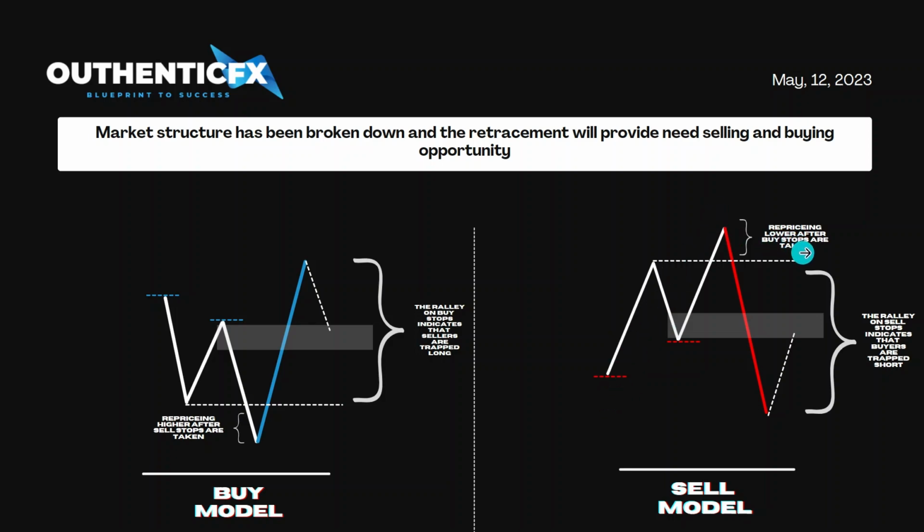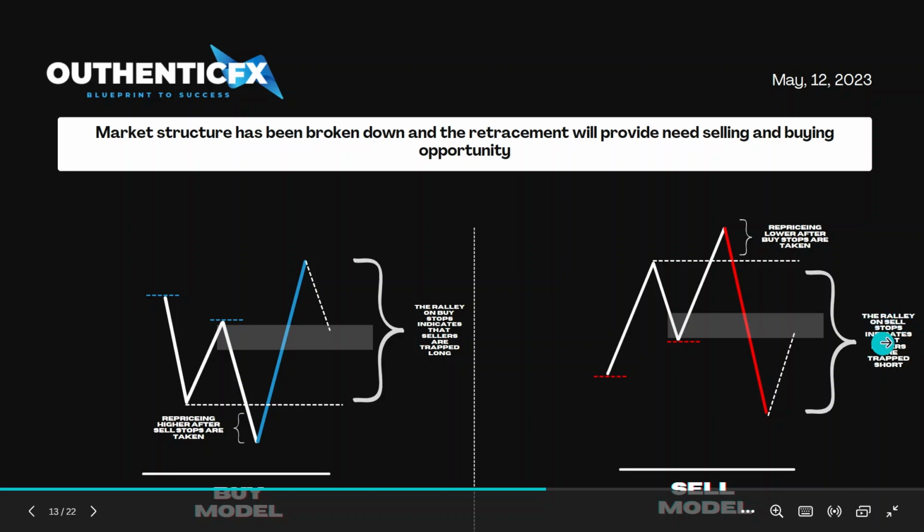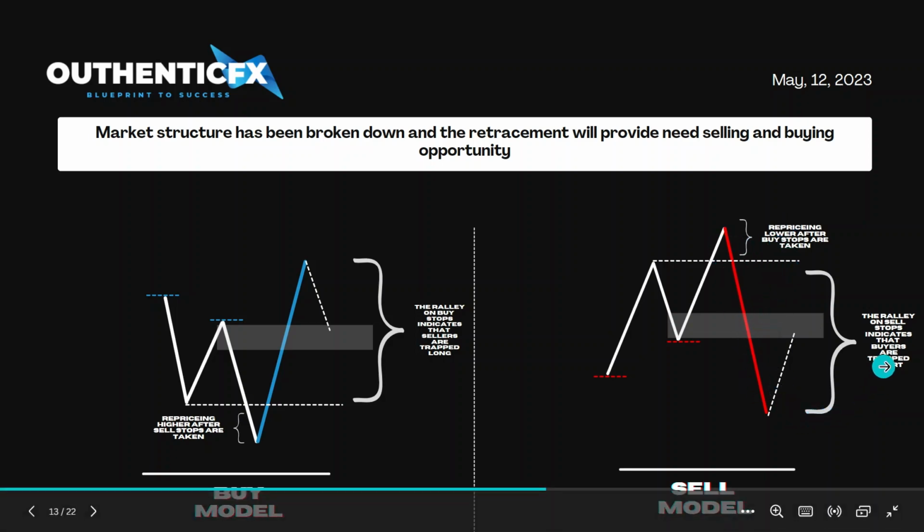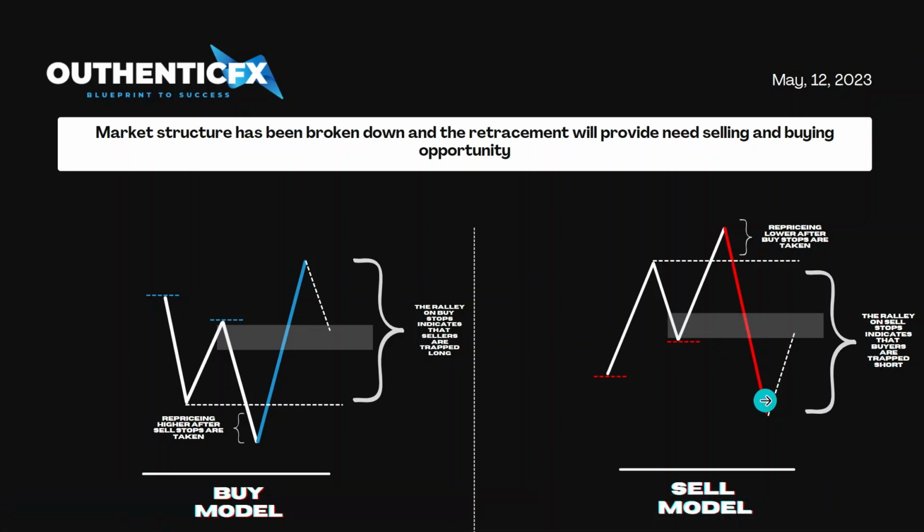Price is repricing lower after buy stops are taken out. So this move was targeting buy stops to the left, right? Once you've taken out those buy stops, notice how price quickly pushes down to the downside. The rally on the sell stops indicates that buyers are trapped short. So everyone that has been buying in this whole entire expansion is now trapped because why? The market makers are basically taking their stops, right? And then those who actually got in on this retracement for buys are also trapped within that short, right? So that is basically the market structure, which has been broken down, and the retracement will provide new